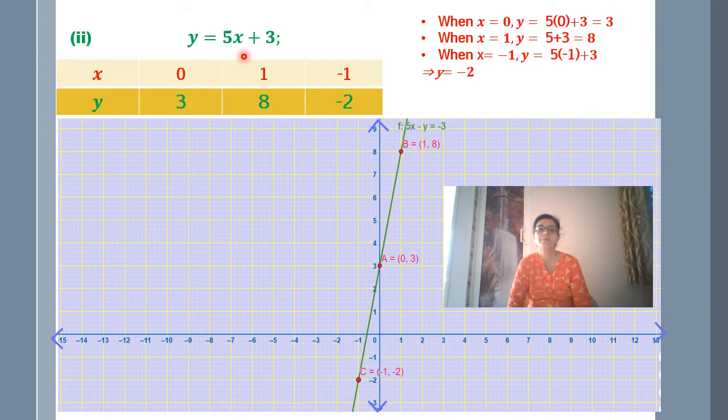Now the third step is make a table, make three columns and write three random values of x and find the respective values of y. But for taking the three random values, I have given you one trick. You put x is equal to 0 once, and once you can put y is equal to 0. But this trick sometimes won't work.